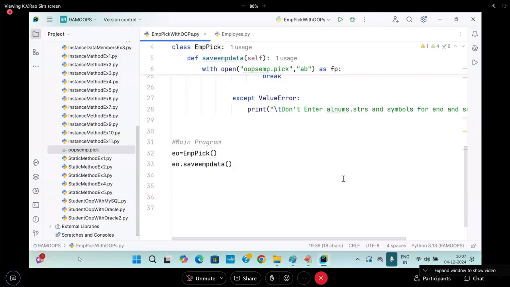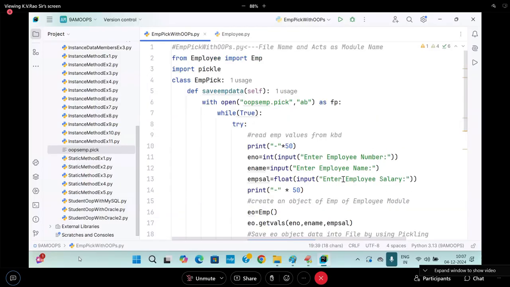How many records are there? Four records I entered. Now four records I need to read back or not? Write down, open the notes. Write a Python program which will read the employee records